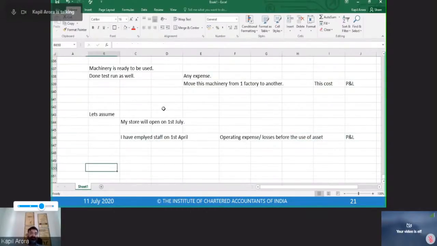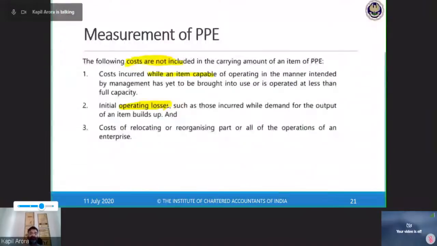And the last one, cost of relocation, right, which is similar to what we have seen. If I am relocating my business or the operations from one place to another, I can tell you one example. I am not really sure if you have read that in the news earlier or not. If you remember,